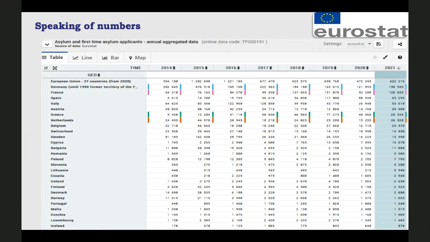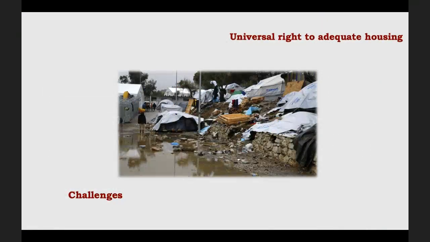Throughout my presentation today, I will use 2 examples, the Netherlands and Greece, both countries having experienced an increase in applications for international protection, and both countries having demonstrated low levels of preparedness to deal with it. Greece was not prepared back in 2015 when it received an influx of migrants and refugees, while the Netherlands is currently facing such a challenging situation, while both countries received more or less the same amount of applications in 2021. So what will be my focus today?